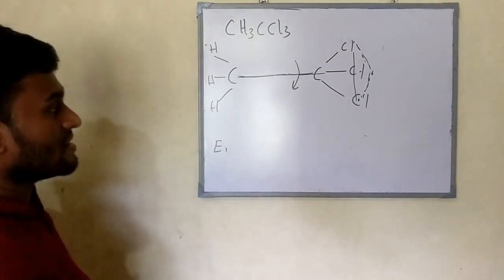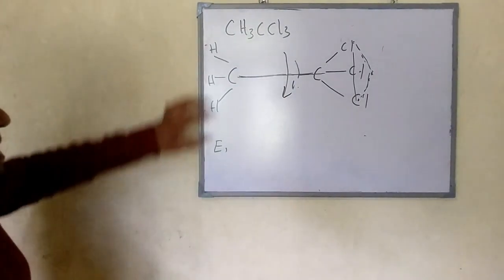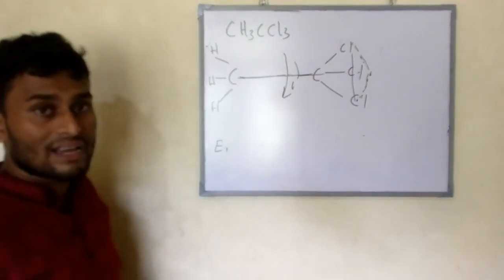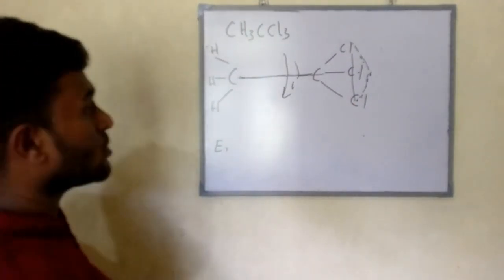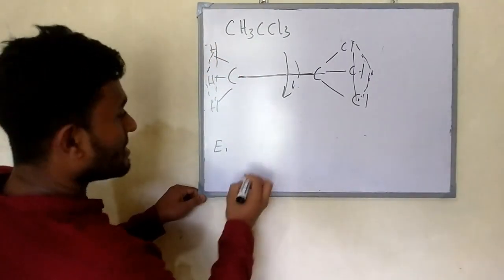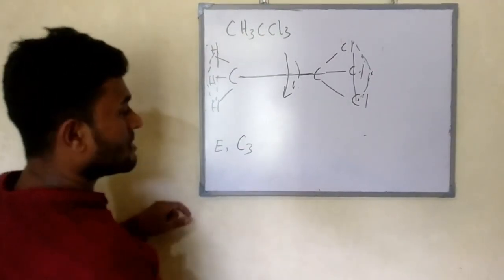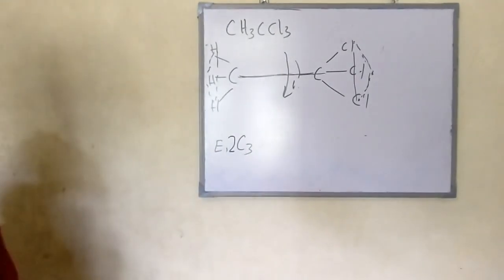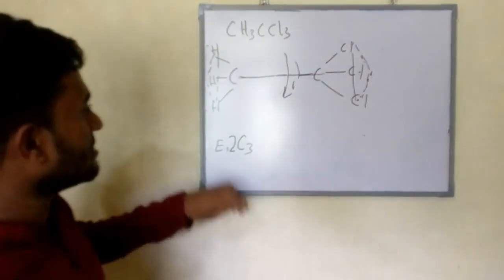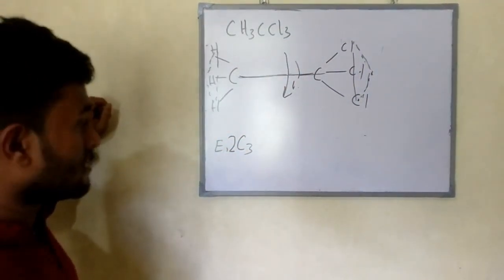So that is C3. If you rotate the molecule through the middle, each and every atom will be changed by 120 degrees. So you can take that axis, this pyramid axis, that is called C3. If you write C3, C3 squared is possible, so you want to write that also. And I is not possible, center of inversion. Here H is there, here Cl is there. So you can't take a center of inversion.